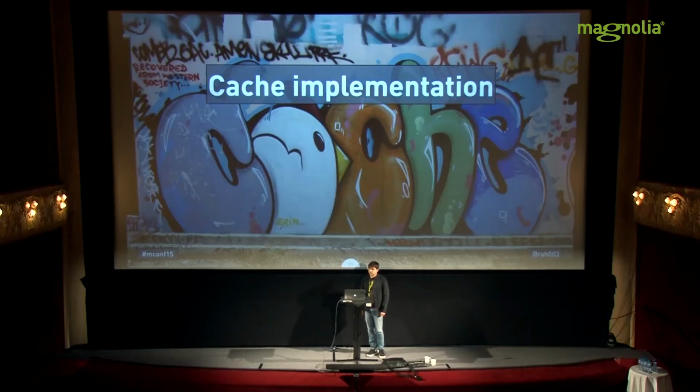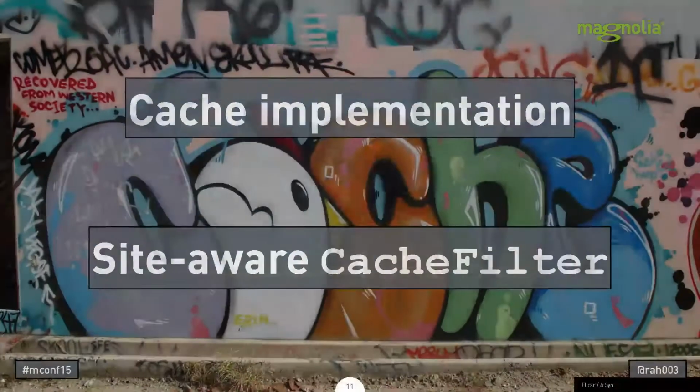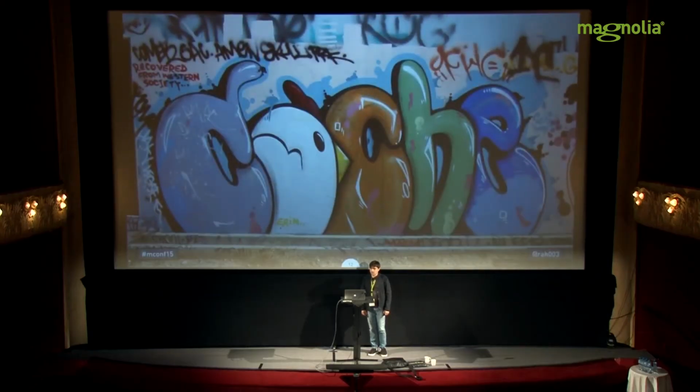Another thing which we changed in the cache implementation, for those of you who use multi-site and who ever tried to configure a site-aware cache filter or caching separate per site, you might remember how painful it was. You could do it, of course, but you had to have multiple cache filter instances in the filter chain. You had to configure bypasses so they don't intercept each other. You had to configure the cache policies and so on. So it was a difficult task, and it was time-consuming to make sure that everything is right and testing it and so on. Well, as of now, what you get